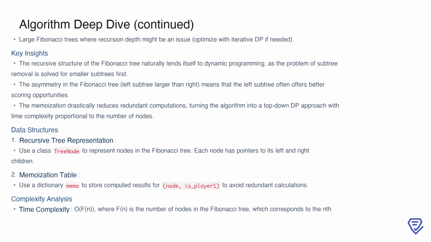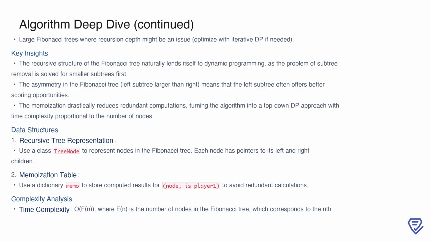Key insights include leveraging the asymmetry of the Fibonacci tree. Since the left subtree is always larger or equal in size to the right subtree, it often provides better scoring opportunities. Using memoization reduces redundant calculations, transforming the recursive solution into a top-down dynamic programming approach. The time complexity of the algorithm is proportional to the number of nodes in the tree, making it efficient when paired with memoization. To represent the tree, we use a TreeNode class, where each node points to its left and